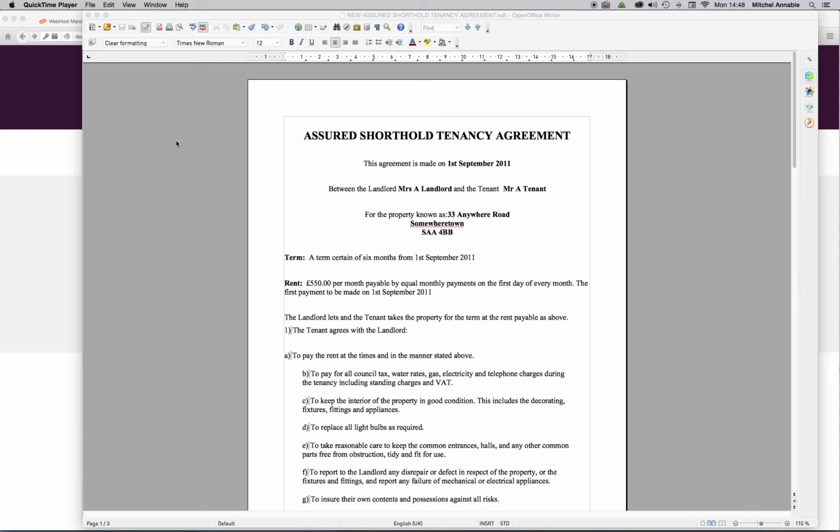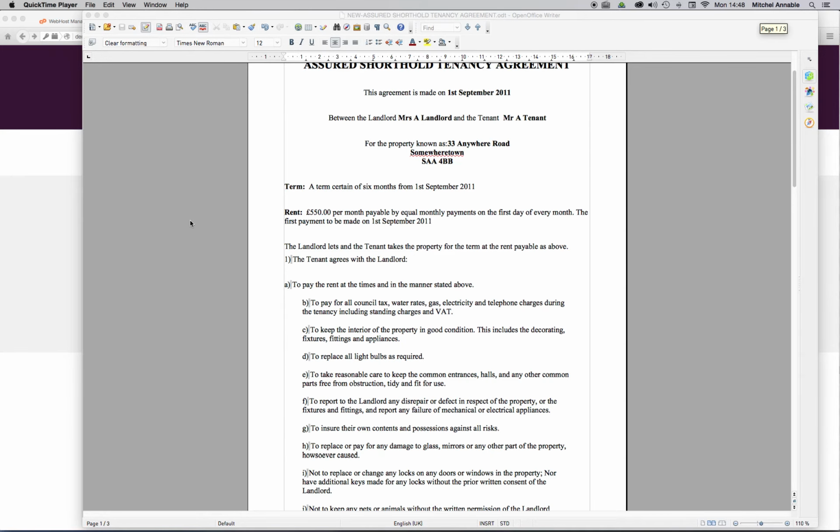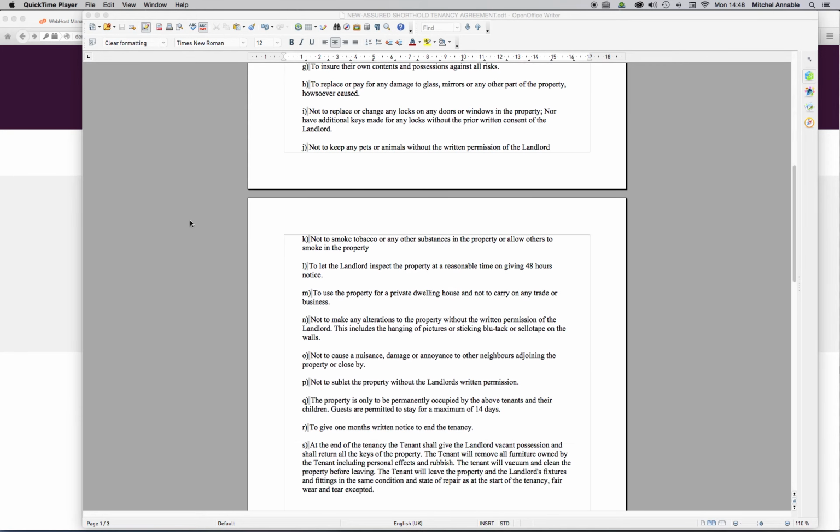Hello, and welcome to a simple demonstration of the e-signature process of the letting zone. The example we're going to look at today is the signing of a basic tenancy agreement by two tenants and a landlord. In front of us we have a basic tenancy agreement created in Word, but the main difference between